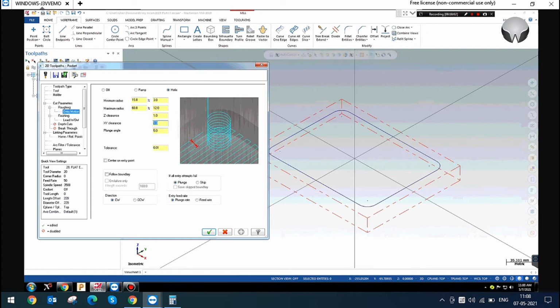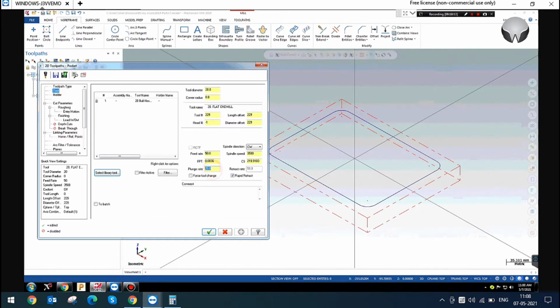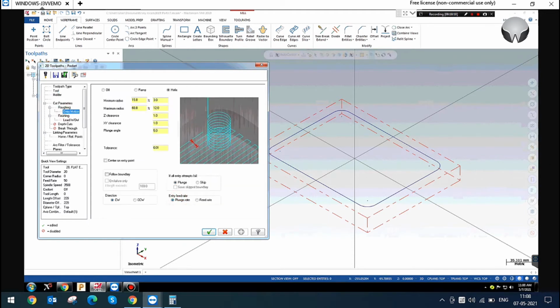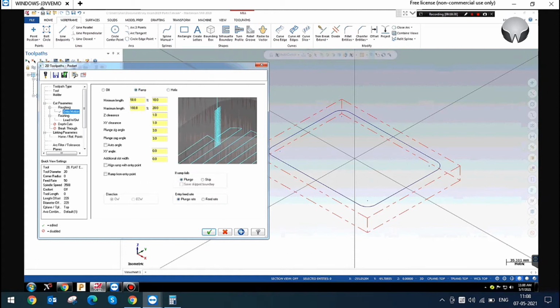If it goes above the clearance, the helix will not be applied. So in this case, what will it do? Direct plunge or skip? Do not give the skip, please give the direct plunge. It will go with this feed rate. And entry feed rate is for helix entry; we can give the plunge rate and the feed rate here. And this is the helix creation option.